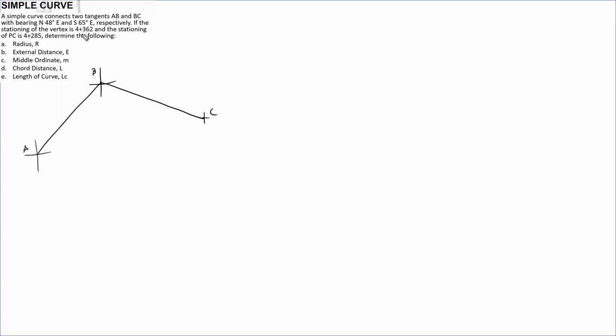The stationing of the vertex is 4 plus 362. Ito yung vertex natin. Sa vertex natin, may stationing daw na 4 plus 362. So, yun yung point na yun. Lipat natin. Ito sa kabila. So, 4 plus 362. And then dito naman is yung 4 plus 285. Again, this is PC, vertex, PT. So, yun yung ating mga names. Determine the following. So, ano daw si